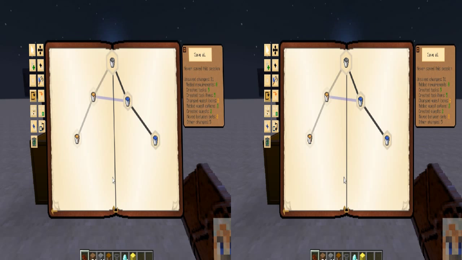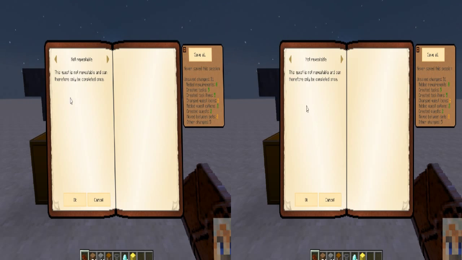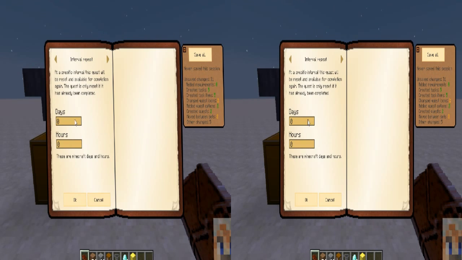Repeatability. So again, the example is in a pack that I made. I have some quests that they can repeat every so often. It's usually done in Minecraft days. So, not repeatable, instant repeat. So as soon as they complete it, they can complete it again, over and over again. Interval, and this is in Minecraft days and hours. So you would set, let's say you wanted them to wait an hour. So a Minecraft day is 20 minutes, so you would put 3 days, that's an hour, and then the quests